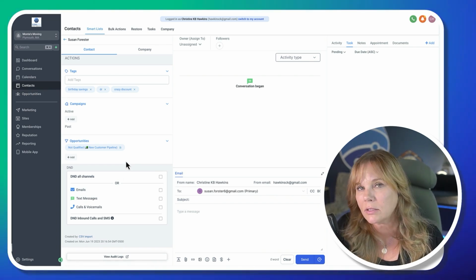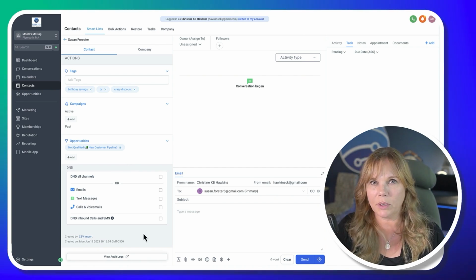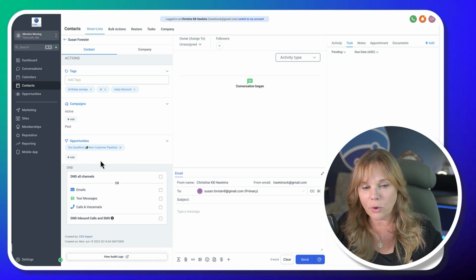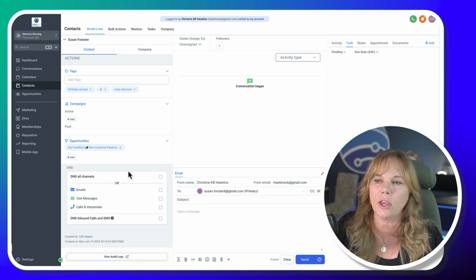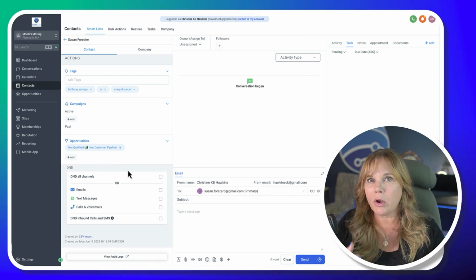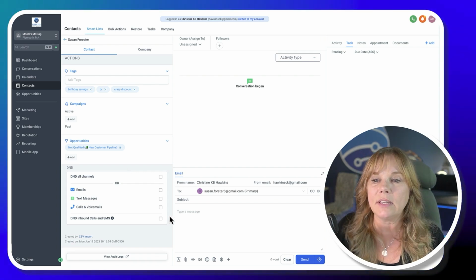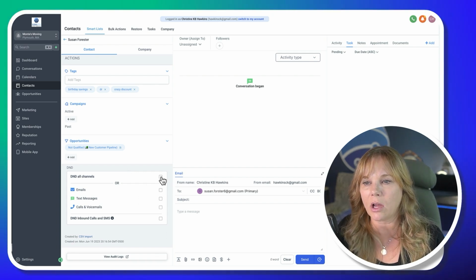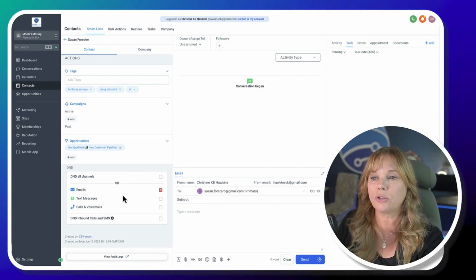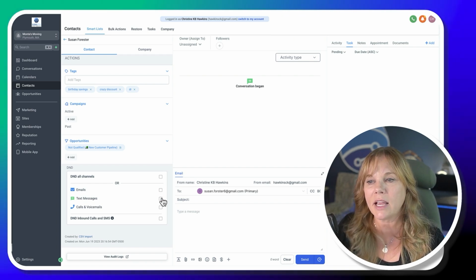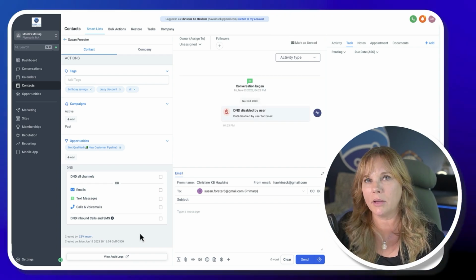If somebody calls and says, I don't want to get any more emails, this is where you would turn that off. Now, if you send an email or an email campaign, or we have SMS marketing, there is a way for them to auto unsubscribe and auto not get messages from you. You would see that here. It would be checked off. Emails, meaning if I were to try and email this person, it wouldn't let me. If I tried to send them a text message or even a voice call, it wouldn't let me.